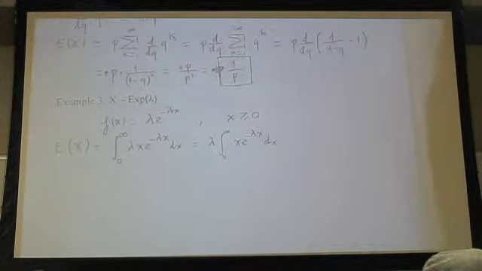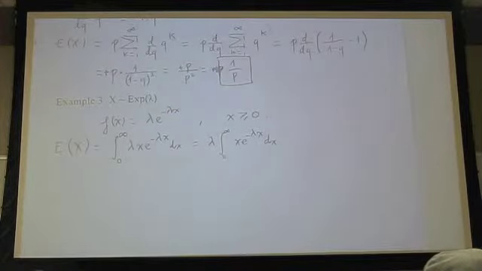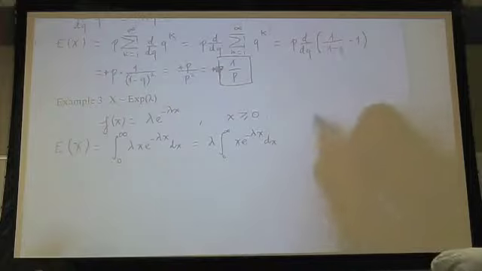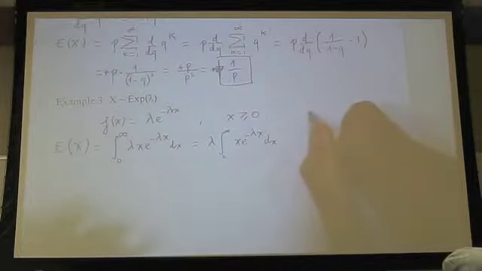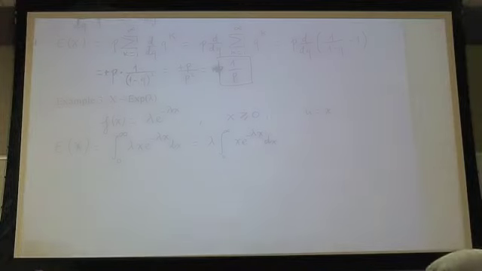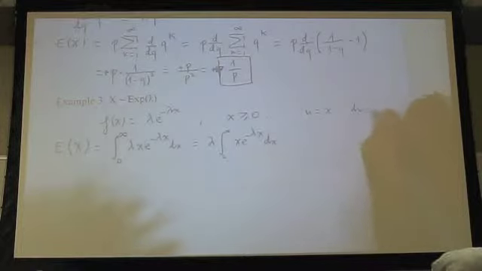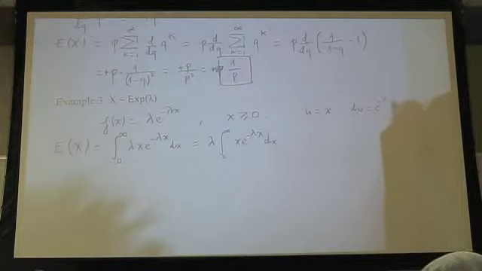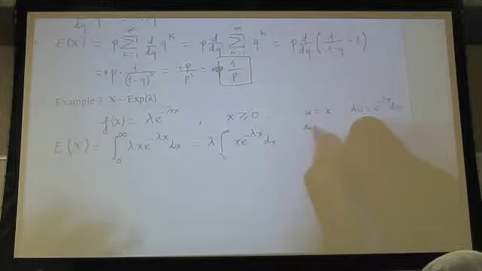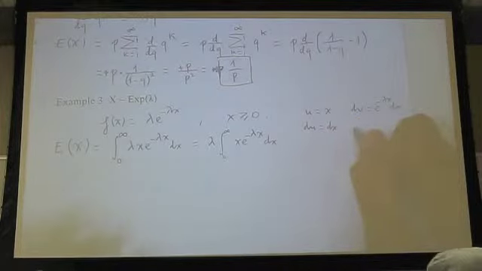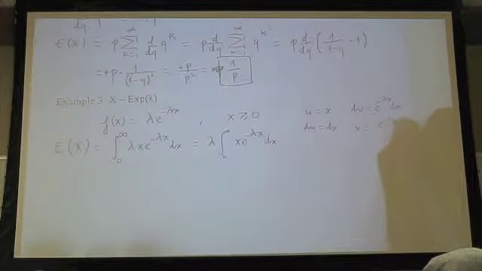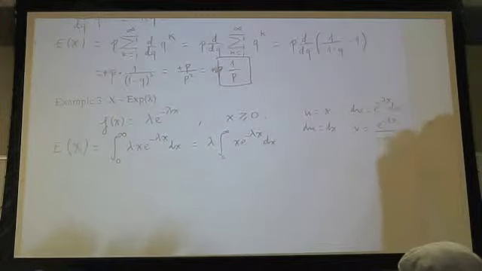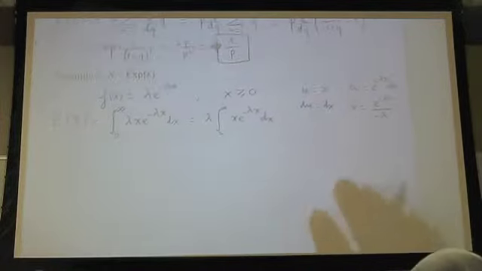All right. So let's do integration by parts. I'm going to do u dv, right? So for that, I'm going to let u equal to what? X, for example. And my dv is going to be e to the minus lambda x dx. So my du right here will be dx. And my v right here will be what? E to the minus lambda x divided by minus lambda, correct? Okay? So now,